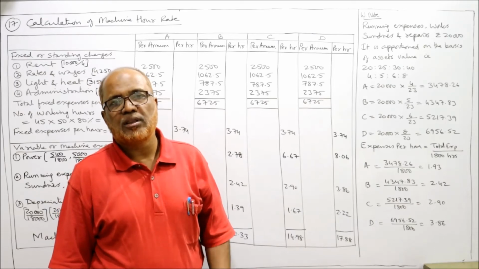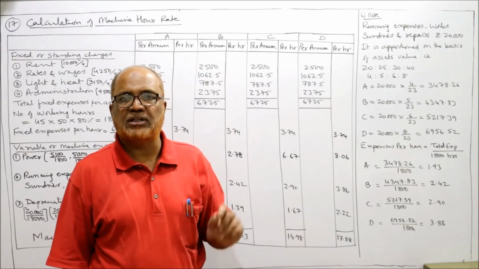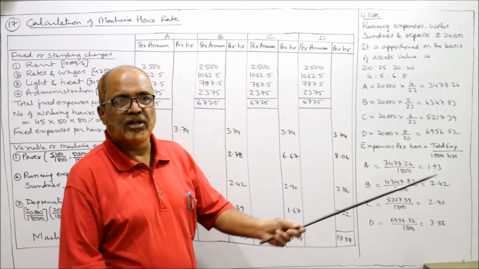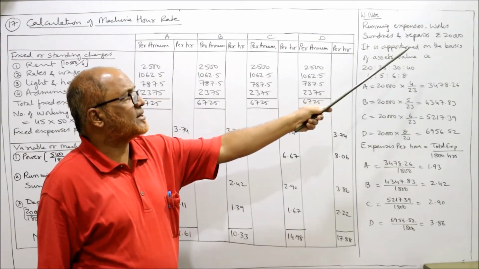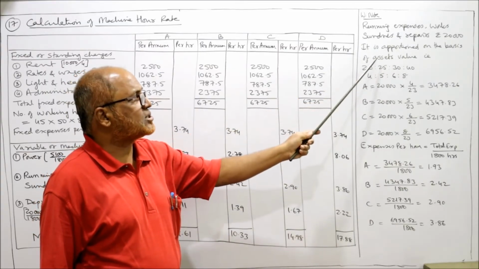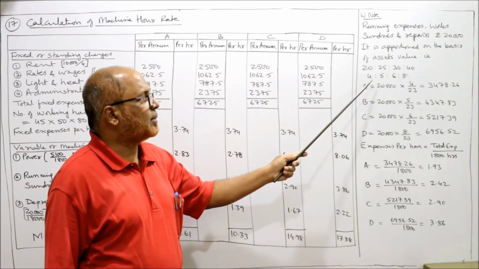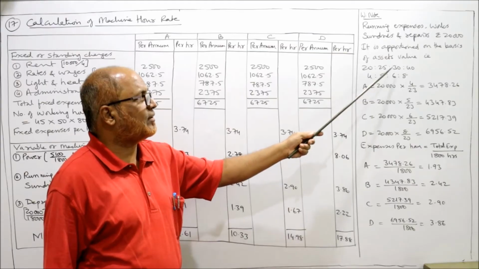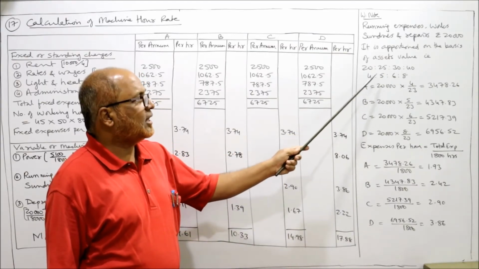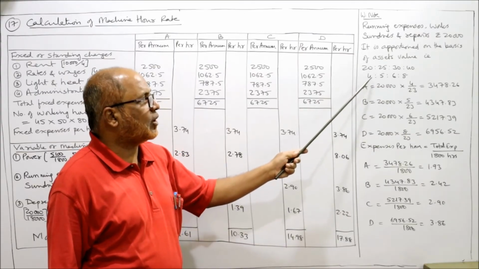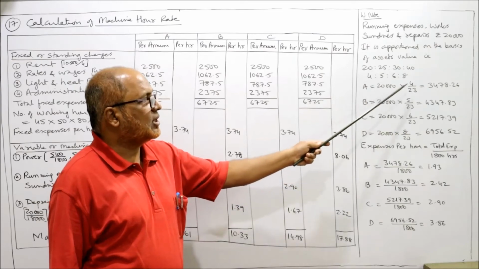of each machine. The costs of the machines are 20,000, 25,000, 30,000, 40,000. In the working note I have explained: running expenses, work sundries, repairs 20,000 are apportioned on the basis of asset value. Simplify: 5 4s are 20, 5 5s are 25, 5 6s are 30, 5 8s are 40. Adding 4 plus 5 plus 6 plus 8, you get 23. So for A, 20,000 into 4 by 23,